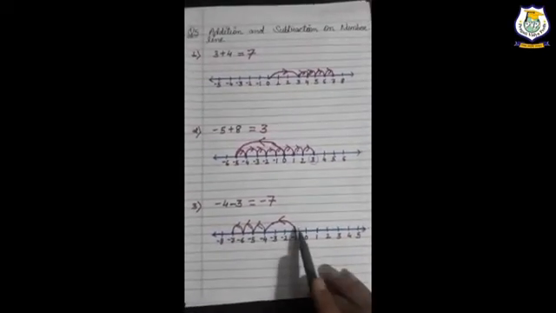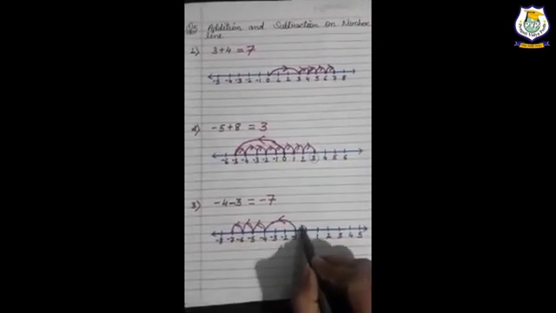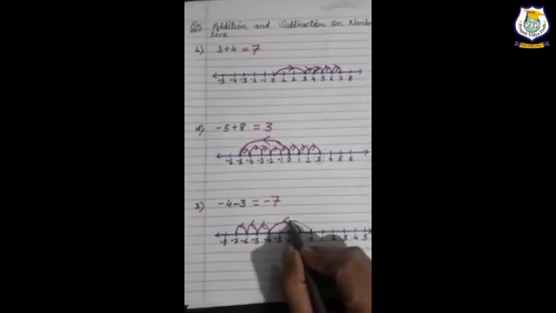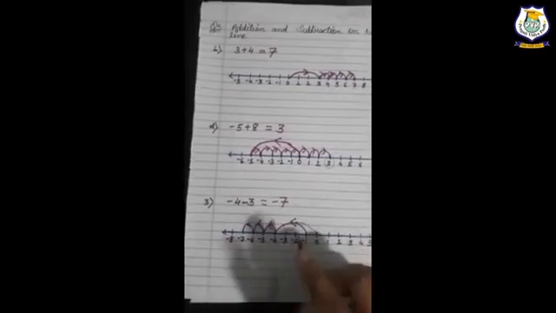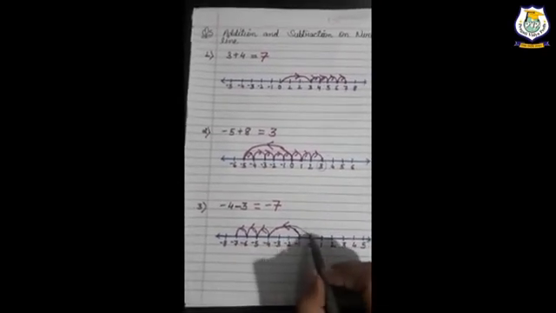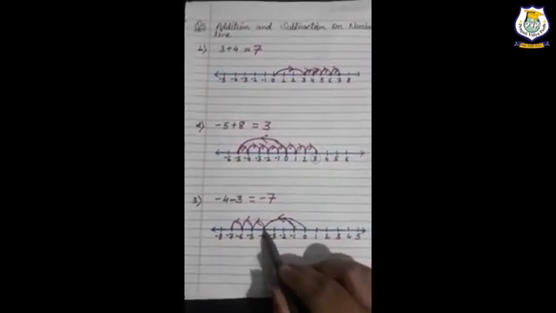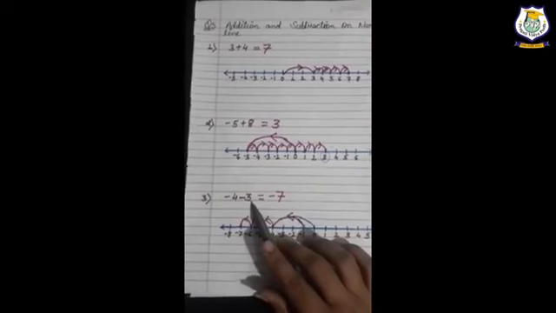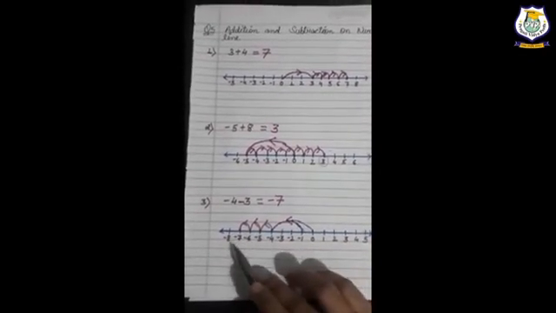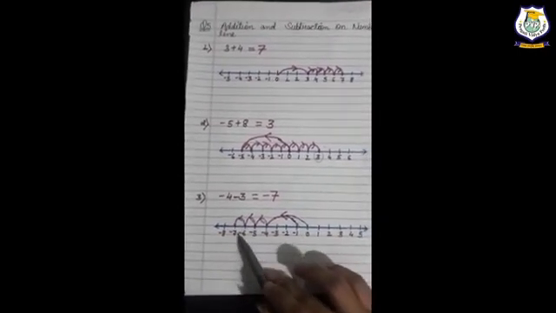So the number line I have made. We are moving from 0 to -4, right? From 0 we will start, that was wrong by mistake. So 0 to -4. Now how many steps will you have to move? -3. It means you will have to move 3 steps from right to left. So 1, 2 and 3. So where are we? -7.